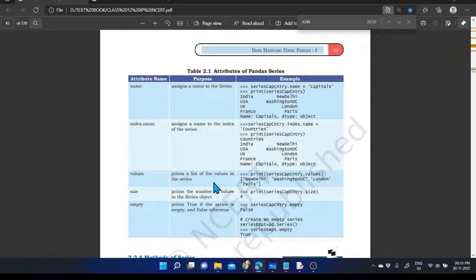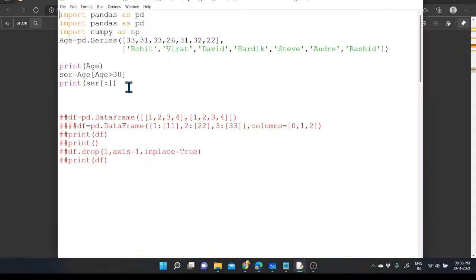Here you can see print of the series variable name.values. What will happen? The values will be printed. I will show you how this works in script mode. Here you can see the series declared: this one is the data that we provided and this one is the index.